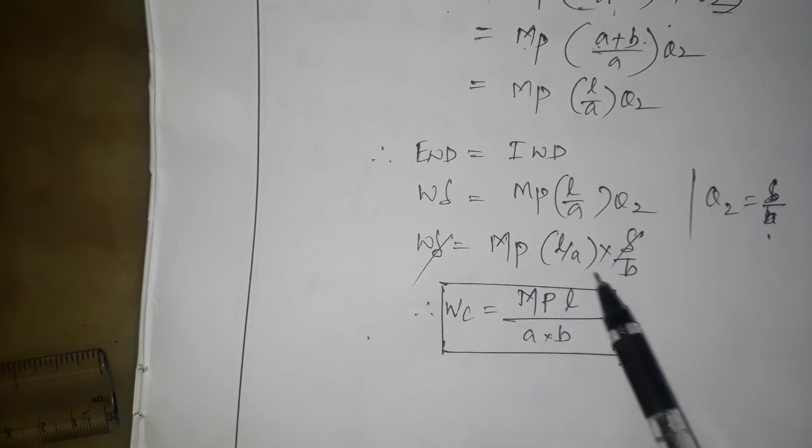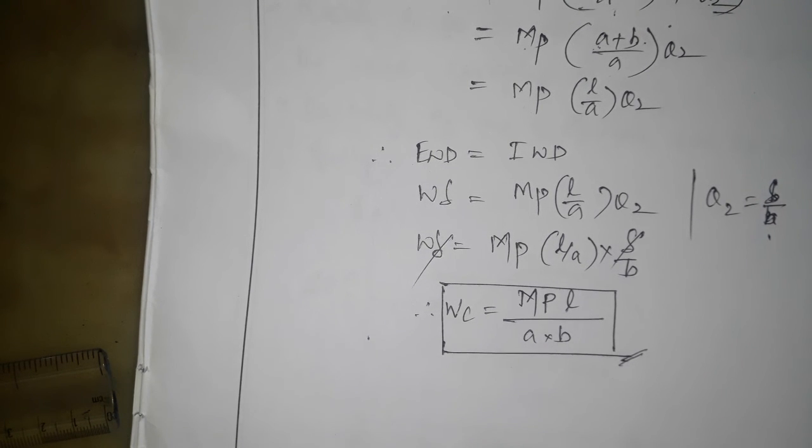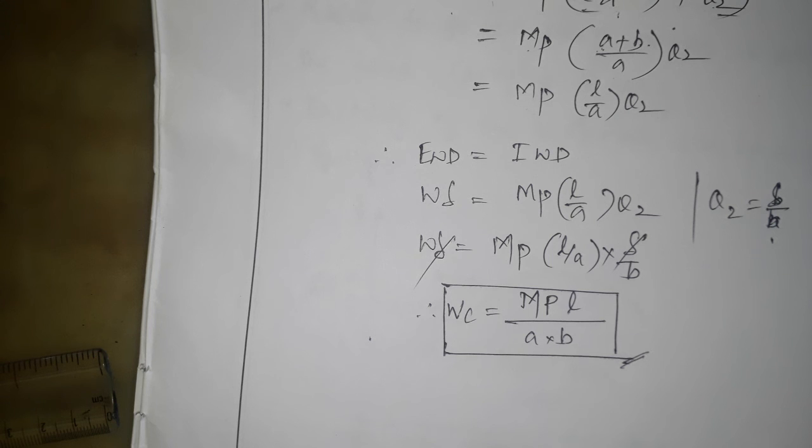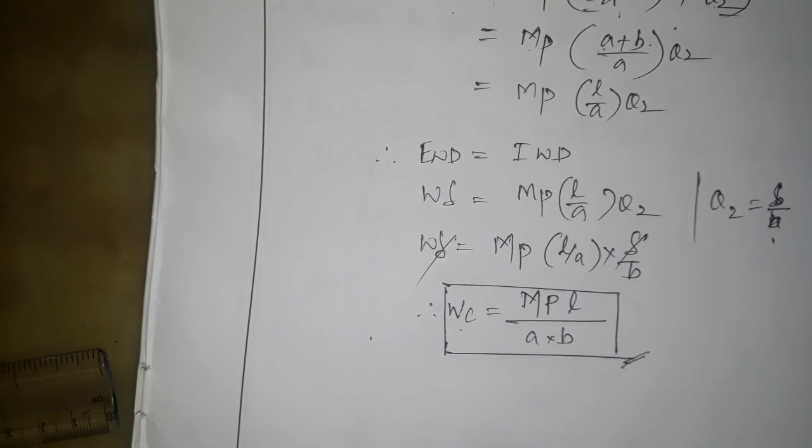So this is again the collapse load by the kinematic theorem. But one thing, the drawback of the static theorem is that if you don't know the bending moment shape or the bending moment diagram, you cannot go ahead with the calculation of collapse load. But in the kinematic theorem we can assume a mechanism, and with respect to that we can easily find out the collapse load WC. This is regarding the calculation of collapse load by using the static theorem and kinematic theorem. Okay, thank you.